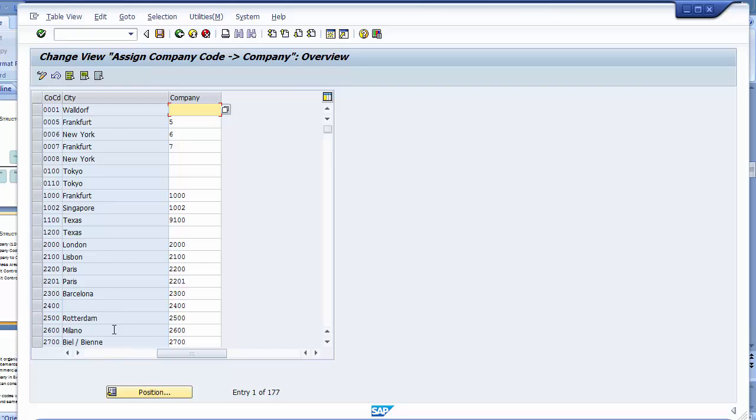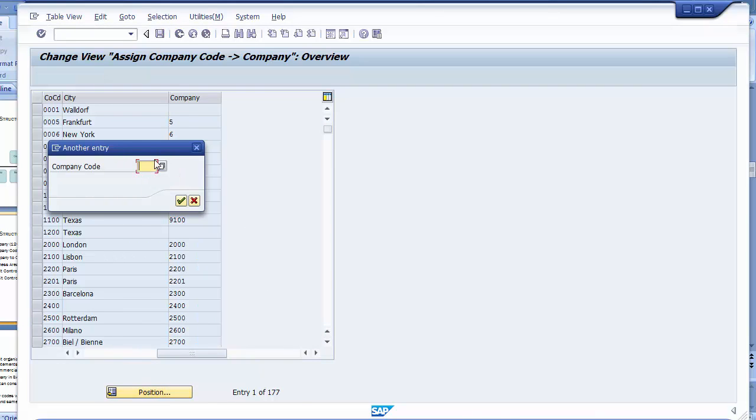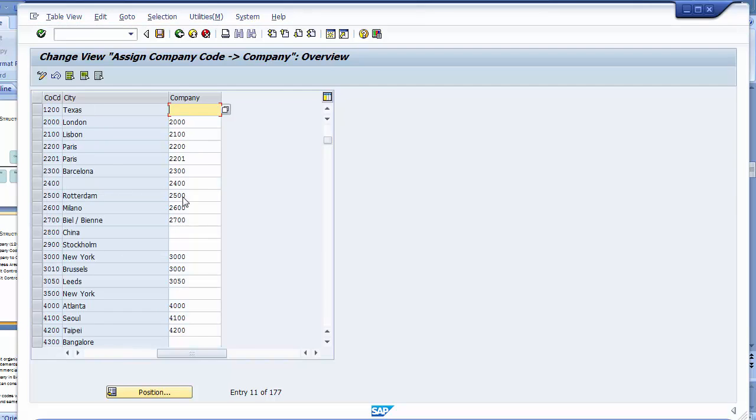Now in this I have to search my company. So there are two options. You can go to position. If you remember your company code, the one we just created is 1200. So you can enter it, and it will search it over there. So you can see the 1200, the city was Texas. You can select your company, that is the group company. If you don't remember, you can go for this selection options,